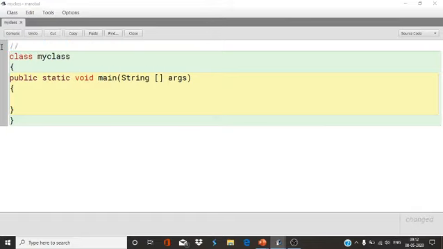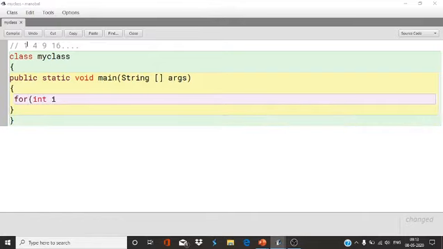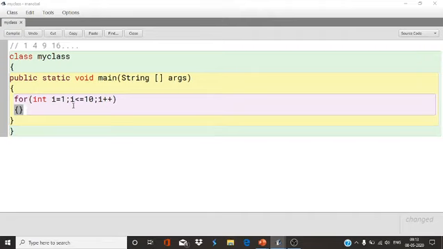So simply you see the question: 1, 4, 9, 16, and what will be the next term? So up to 10 terms, the number of terms is fixed here. So simply I will execute the loop: for int i, the starting point is 1 only, so that's why I will take the initial value 1. i less than or equal to 10 because 10 terms it will move, and i plus plus.